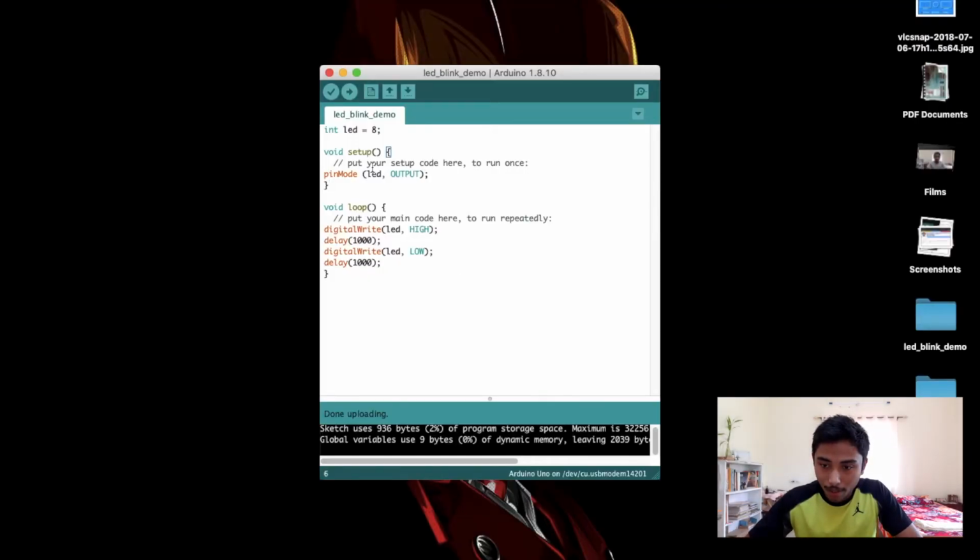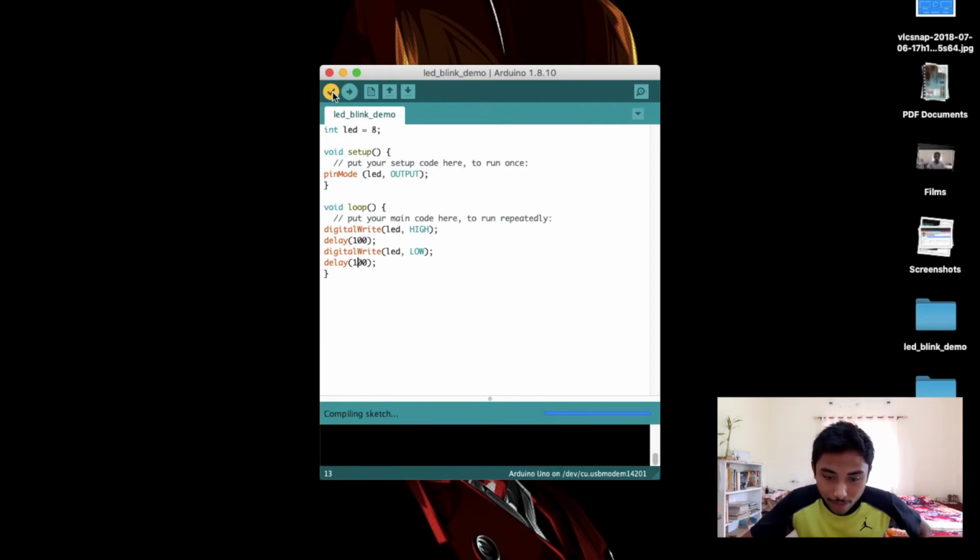So let's come back to my computer. As you can see here, in this program I have written delay 1000, so it's a 1 second delay, and here it is also a 1 second delay. Now let's say that we want to make the LED blink at a faster rate. That means we have to reduce the delay in here. Let's write 100 here, and 100 here. I have removed one 0 from both the delays, so it is going to run faster.